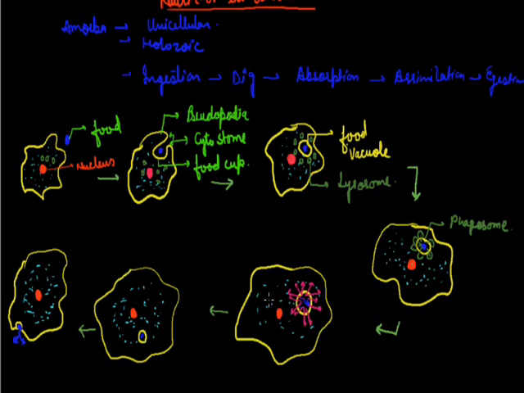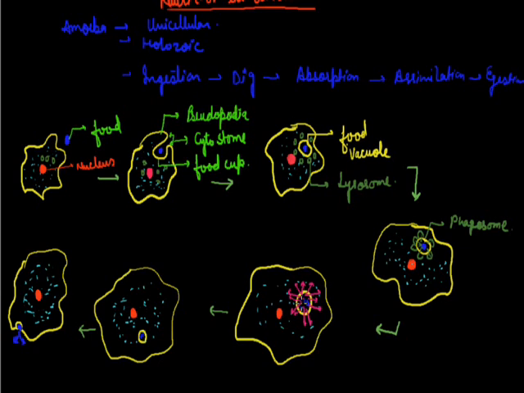Now this food is absorbed in the protoplasm, and the amoeba will utilize the food material in movement, in the formation of various substances, to get energy, to do various metabolism. So you cannot draw the assimilation. Assimilation cannot be drawn because it's a process where various processes are going on. You cannot show it by diagram. So you have to skip this step in the diagram, and the last step is egestion, in which you can